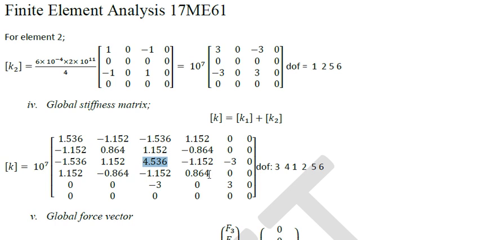Okay. So we should be careful with respect to degrees of freedom here. It is very, very important. I have shown 6 problems. Among these 6 problems, one problem will definitely come in the exam. Only a small variation will be changed, and only the data, the numbers, will be changed. But consider this very seriously. Degrees of freedom is very, very important. So, degrees of freedom here is 3, 4, 1, 2, 5, 6.